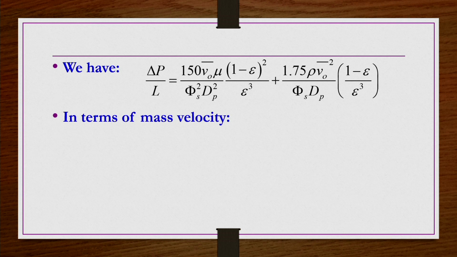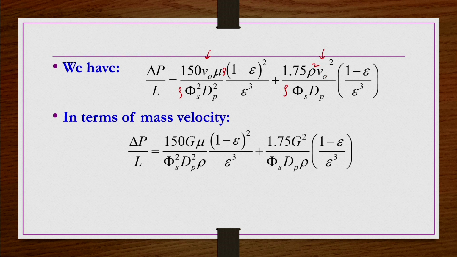So, this is the Ergun equation. Here also V naught bar is not known, and both the terms have V naught bar. So what we do is multiply wherever V naught bar is there by density, so that we have rho V naught bar as G, and then rho square, and you have rho here, so that here you have G square. In the second term you also have G square.